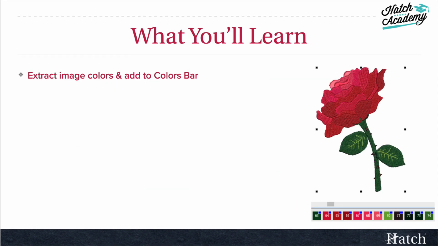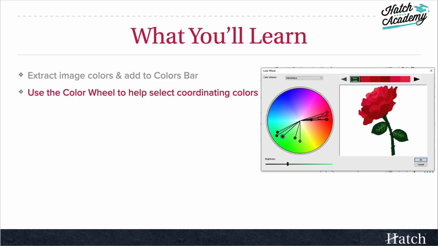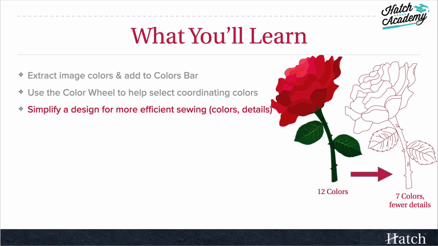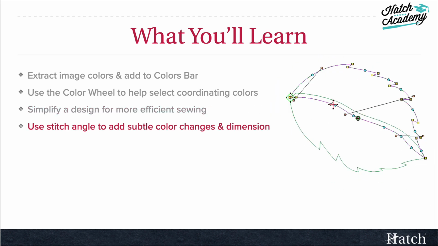In this course, you'll learn how to extract image colors and add them to the colors bar. We'll learn to use the color wheel to help us select coordinating thread colors. We'll learn how to look at the design and simplify it for both colors and details. By changing our stitch angles, we can get subtle color changes without having to add in a lot of extra